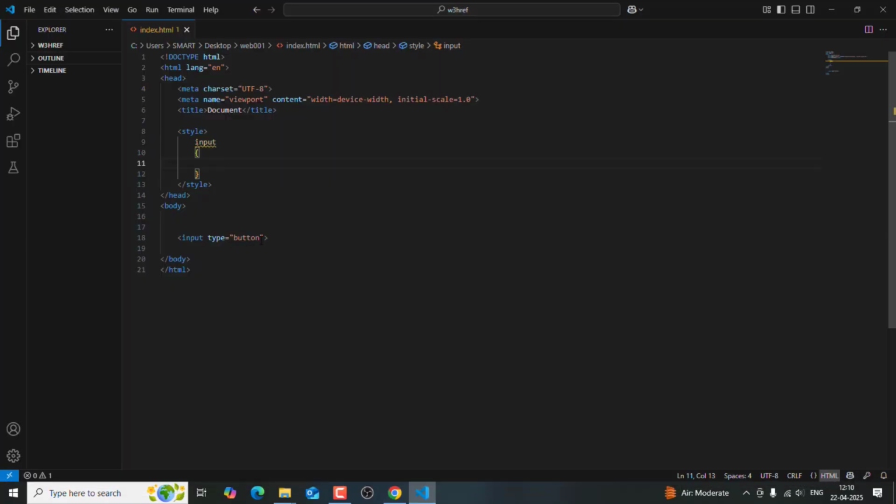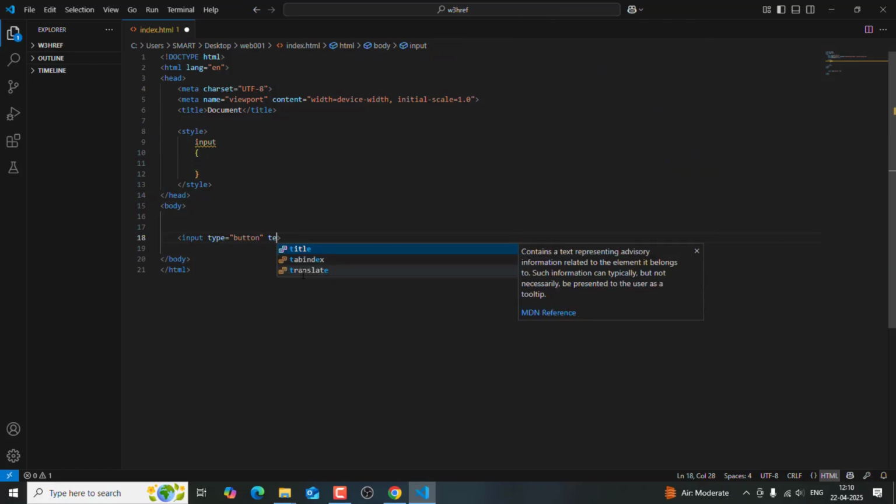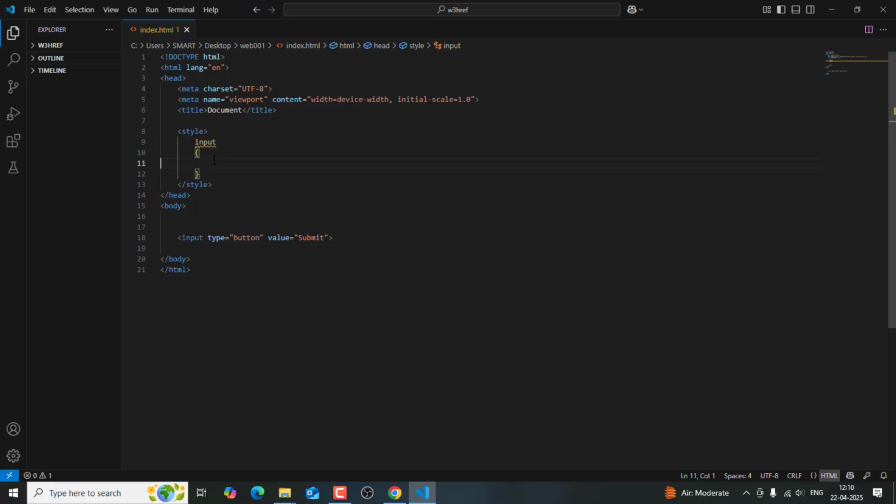You can see here there is no text. First we need to add the text, or value, not text, here will be the value. So here we will type submit. Okay, and this is an input,